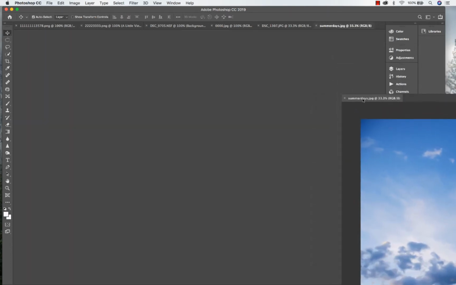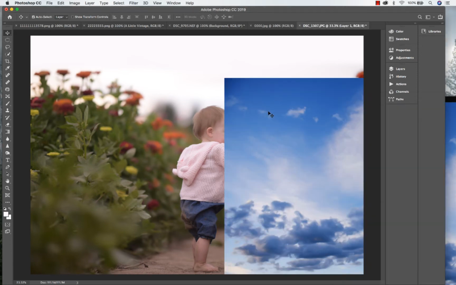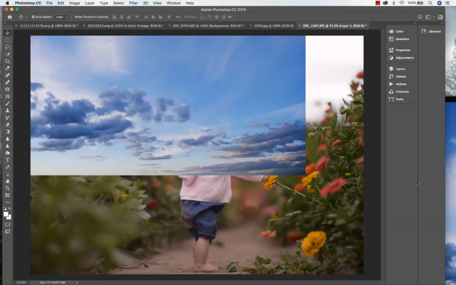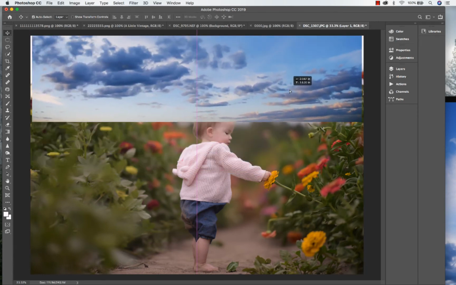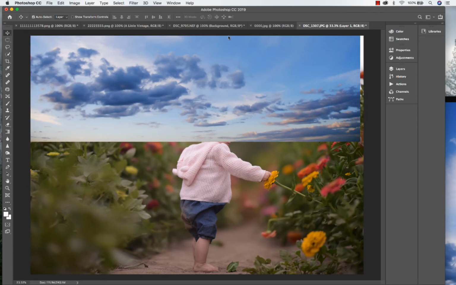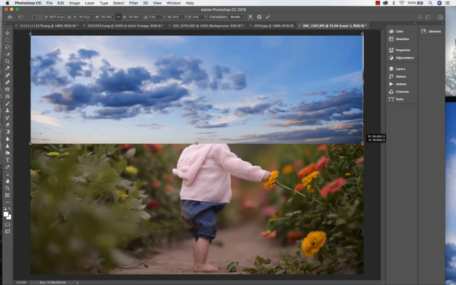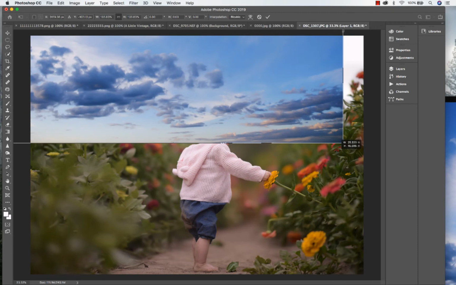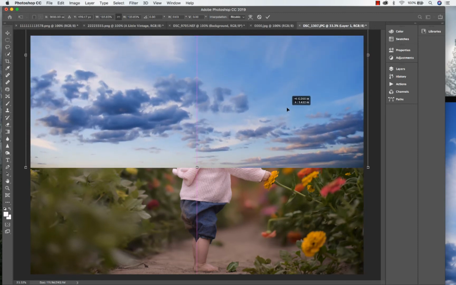I'm just going to use my drag tool and I'm going to drag the image on top of the other image. So I'm just dragging that sky onto the image. I'm going to bring it just below the horizon line. Go to Edit and Free Transform, and by selecting Free Transform we're able to make the sky bigger or smaller. So I'm just going to bring it right below,